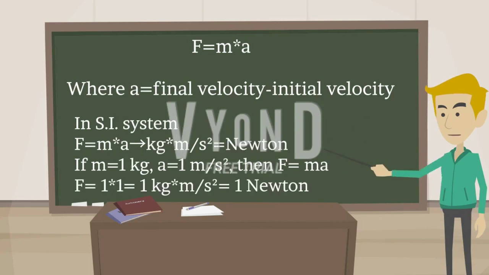Force is equal to mass into acceleration, where acceleration is equal to final velocity minus initial velocity. In the SI system, force is equal to mass into acceleration, which is kilogram into meter per second square, equal to Newton. If mass is equal to 1 kg and acceleration is equal to 1 meter per second square, then force is equal to mass into acceleration. So force is equal to 1 into 1, which is 1 kg meter per second square,